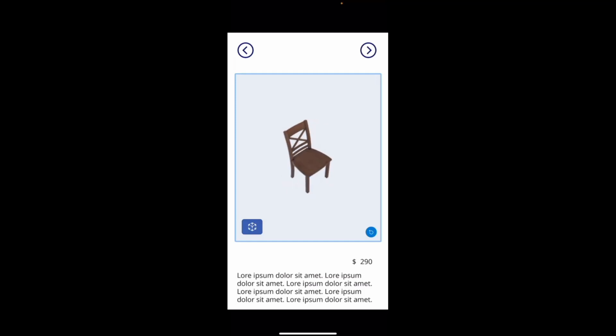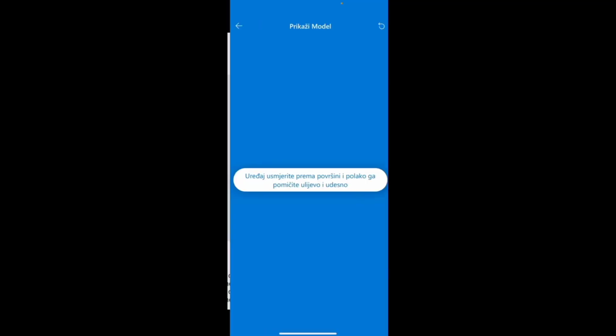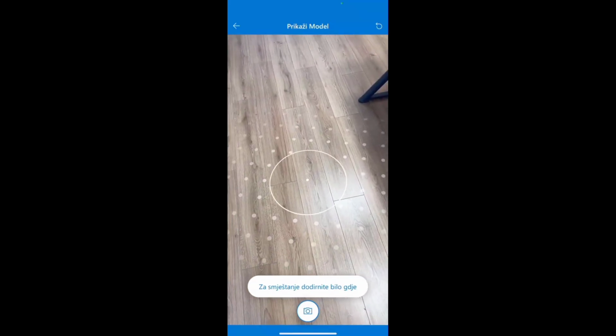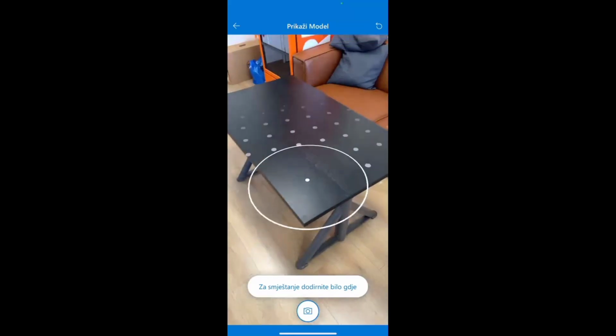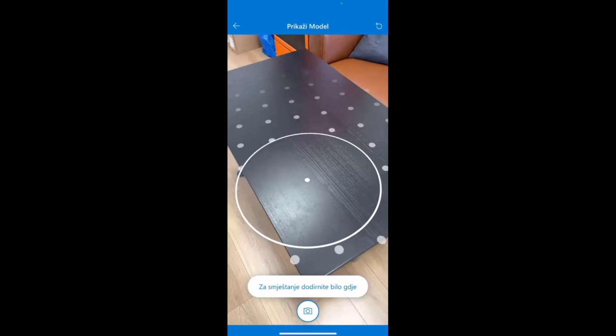And you can see also the price and description and whatever. But when I press this small button on the left corner of this 3D view part, I will actually open the mixed reality view. This is only available on the mobile devices, so you cannot test it on your laptop or desktop. So you can see my office here, and the dots that you see on the screen are actually resembling the surface that the MR, mixed reality control, has detected as a flat surface, and you can see that it is detecting the